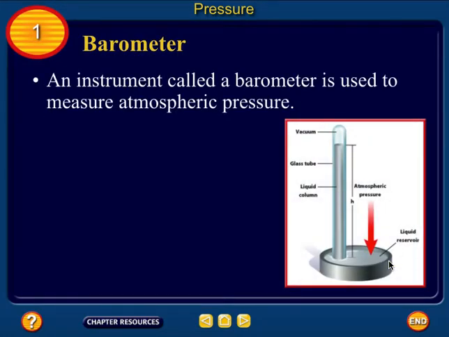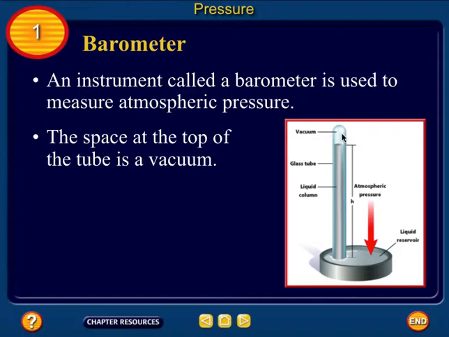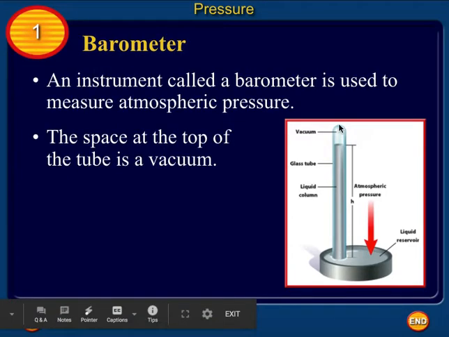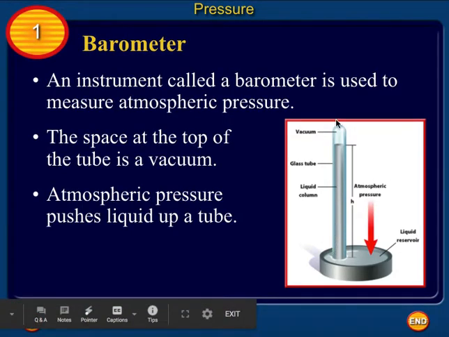A barometer. An instrument called a barometer is used to measure atmospheric pressure. The space at the top of the tube is a vacuum, which means that it doesn't have anything that can exit out of it. It has this solution inside here, and then there's no way for any of that to escape. Atmospheric pressure pushes liquid up the tube, so the pressure from the atmosphere, all the air from here all the way to the outside of the atmosphere, pushes down naturally, and it forces this liquid up the tube,